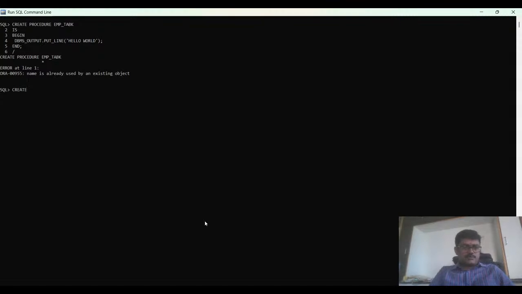While you are creating, we have another concept, another word called create or replace. So the same name we can use for any number of procedures. That procedure will be replaced with the emp_tabk. Okay, so now is begin dbms_output.put_line('hello world'). So now procedure